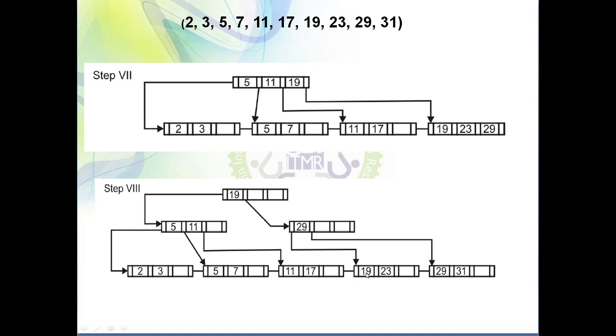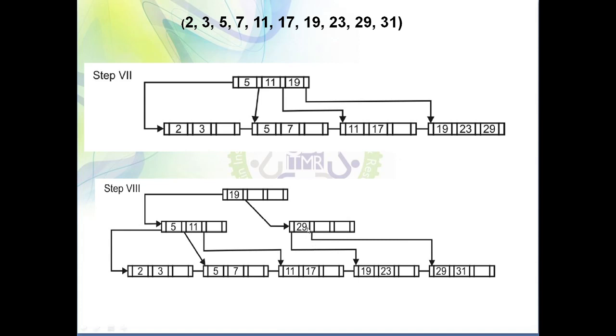So in this case what will be there? 19 and 23. Is 19 less than 19? No. That's why I have not put 19 over here. It means every time duplication should not be there. You need to check whether it will satisfy the property of the B plus tree or not.